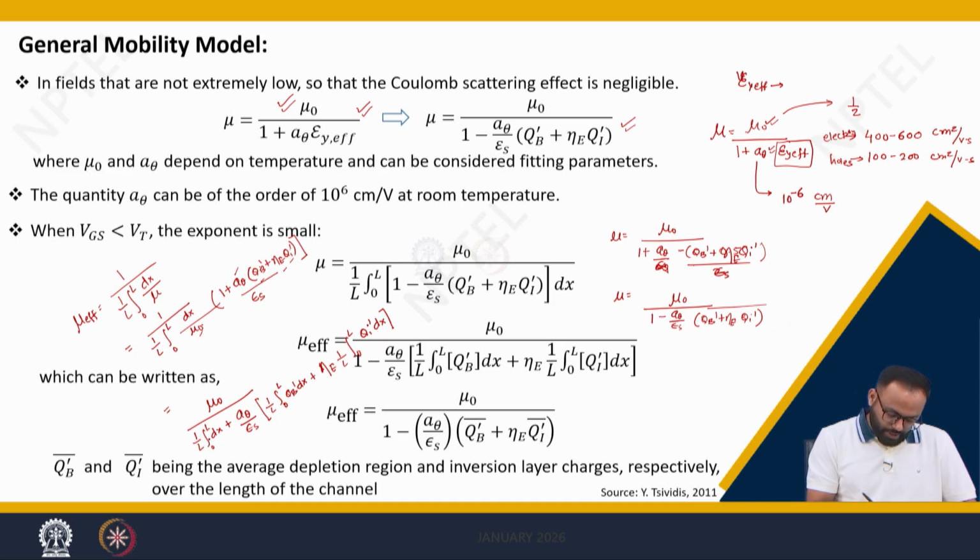If I rewrite this equation, this will give you 1. So ultimately I can rewrite this as mu naught divided by 1 plus A theta by epsilon s,